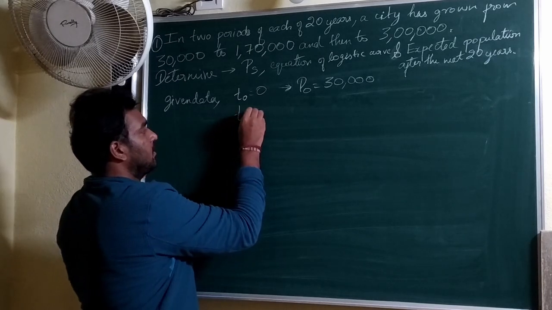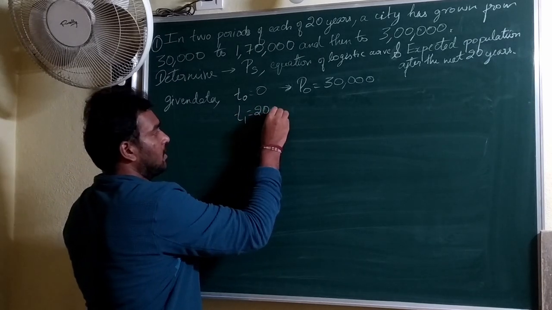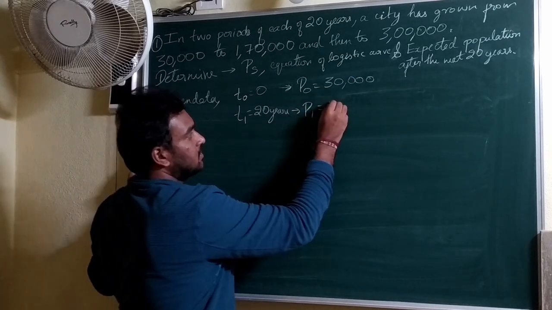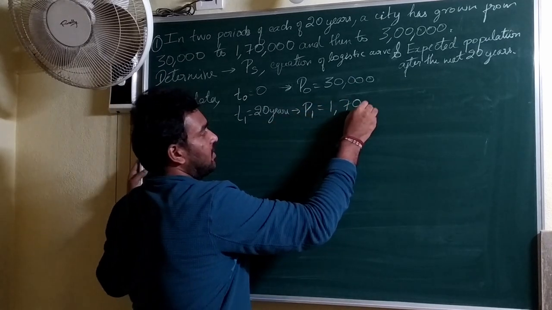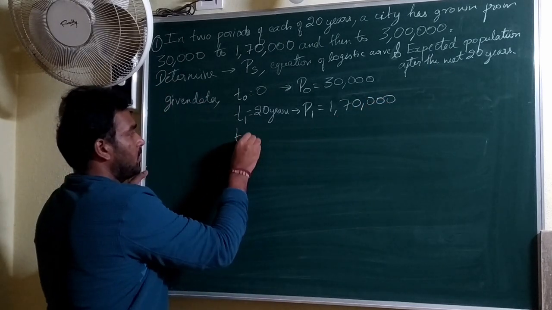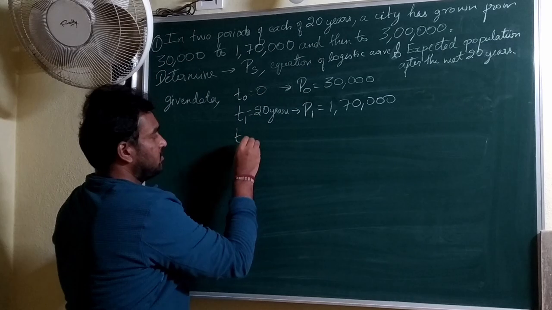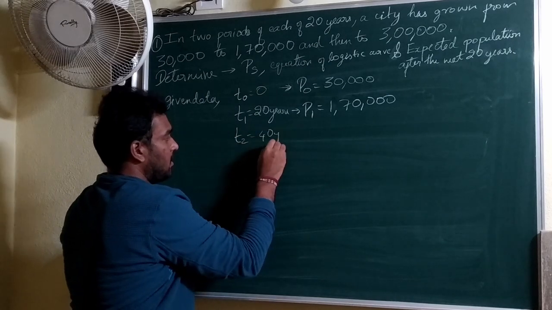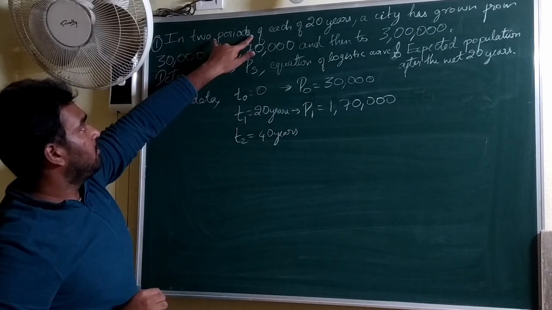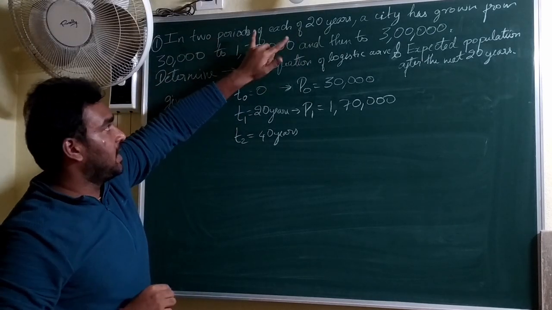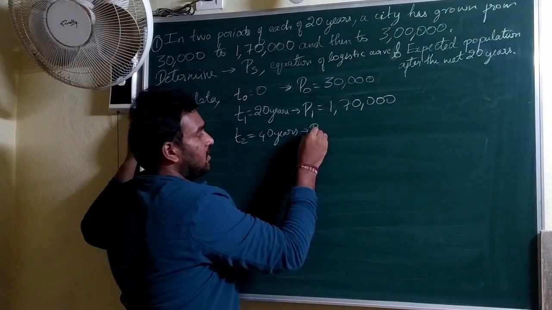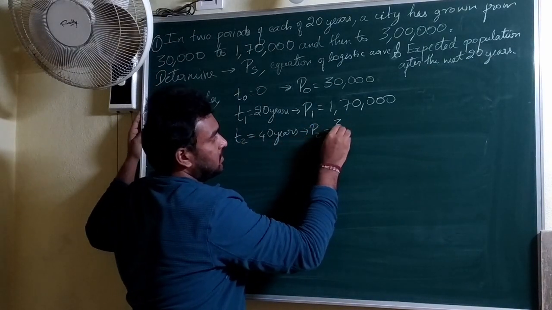At t1 is equal to 20 years, P1 is 1,70,000, and at t2, the very next 20 years, means after 40 years, as these are equal intervals of 20 years each, t2 will be at 40 years, then P2 is